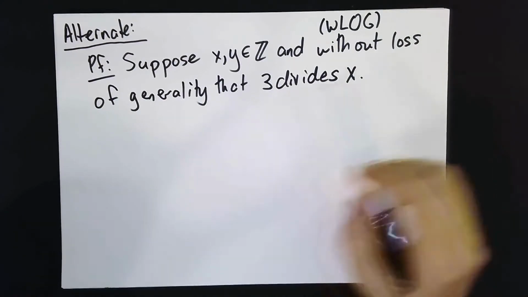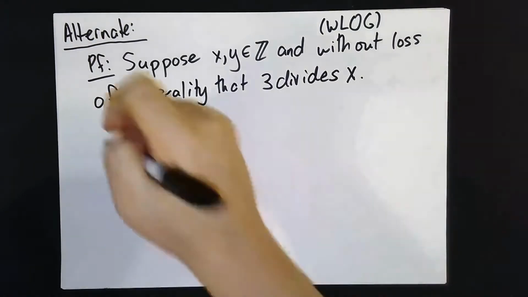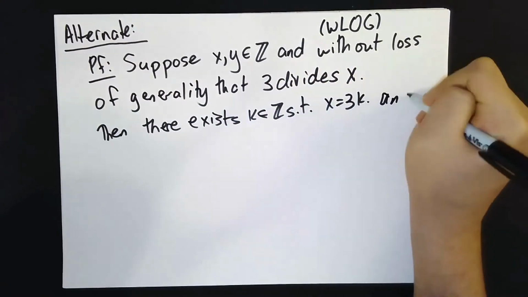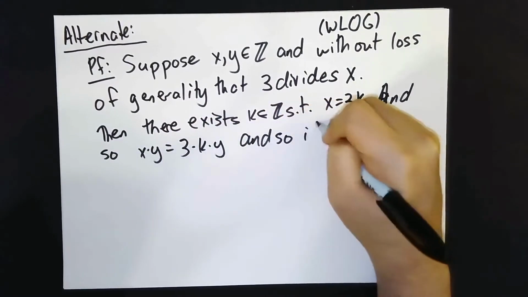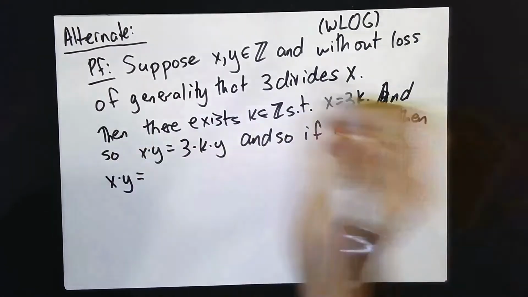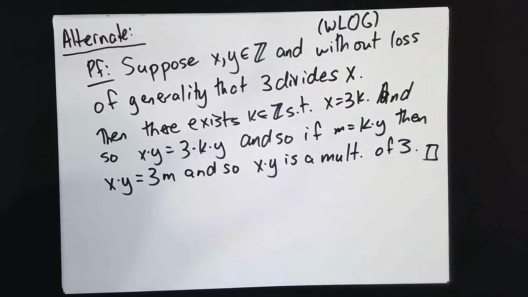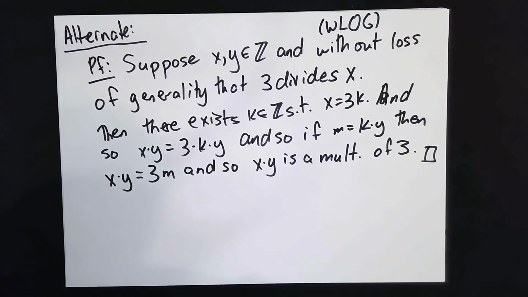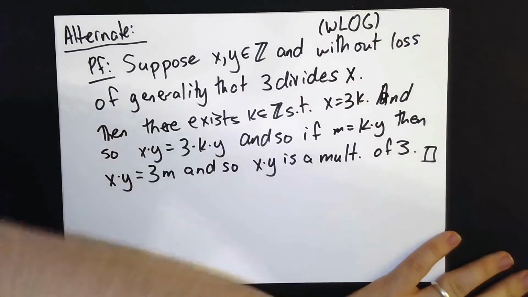But once I do this, then I get to just go ahead and say, well, then there exists k in the integers such that x is 3 times k, and so x times y is 3 times k times y, and so if m is k times y, then x times y is 3m, and so x times y is a multiple of 3. What did we really do here? Well, it might look at first like we just missed a case. But what without loss of generality is letting us do is